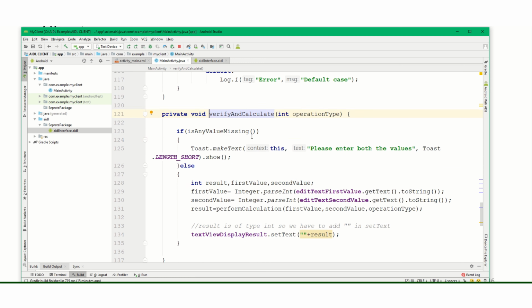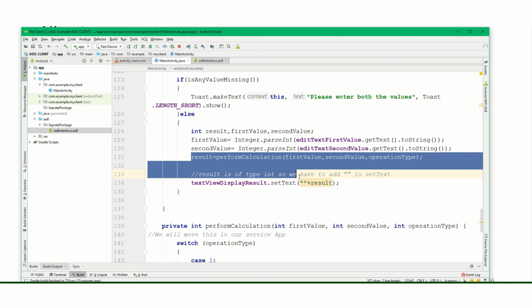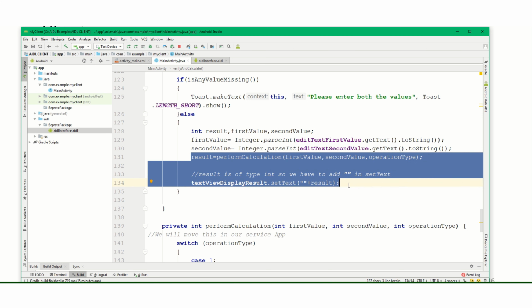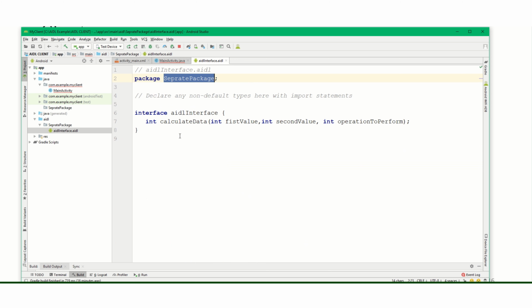I will have this verify and calculate. Yeah. So we will remove this method from here now. Let's just comment everything. These three lines, two lines, sorry. And now our AIDL object. Now I will press dot, so it will show me all the methods that we have declared over here.